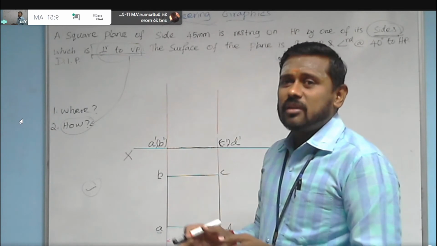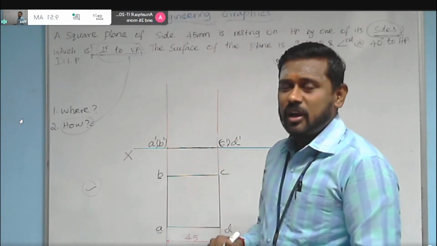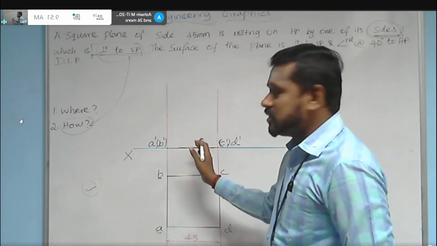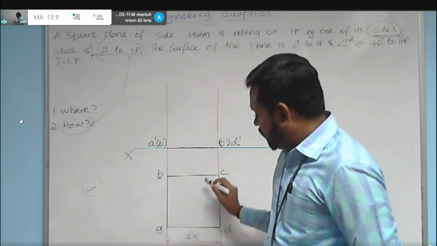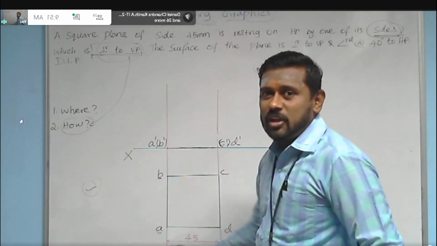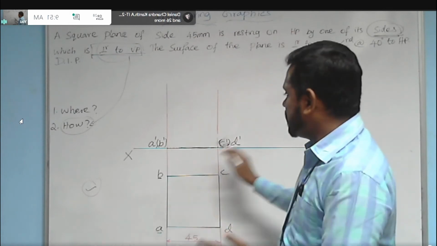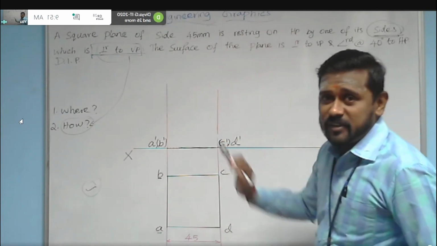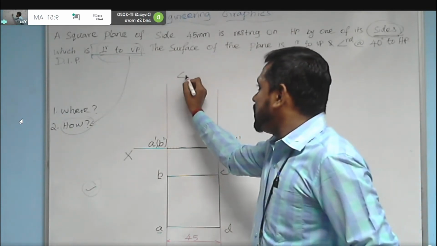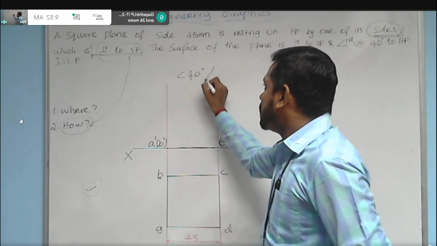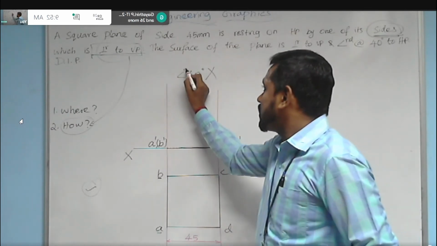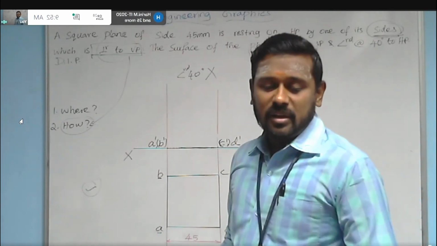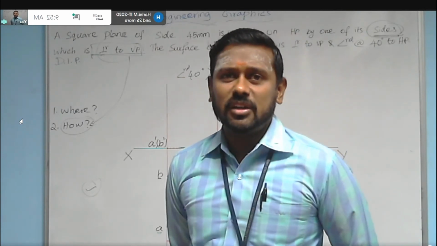In order to get our next step, for our convenience, in order to get the original shape in one of the views, we are making the angle 40 degree as 0 degree, and we obtained the surface view in the top view. And then in the next step I am going to include the inclination which was removed in the first stage. In that stage, the inclination of the surface with 40 degree is not considered, but in the second step we are going to consider it. The surface is inclined at 40 degree to HP.